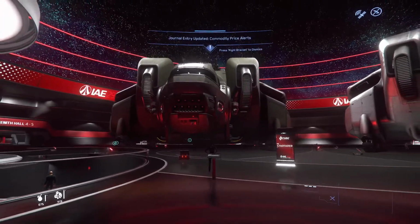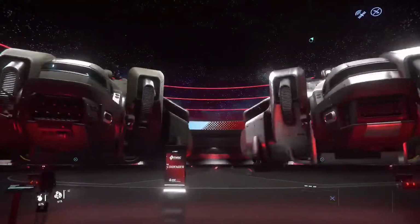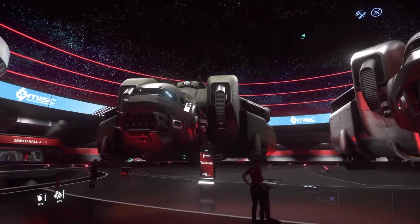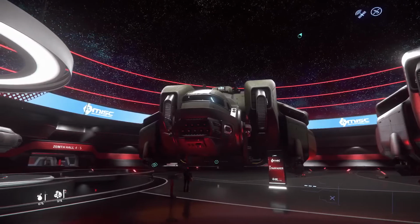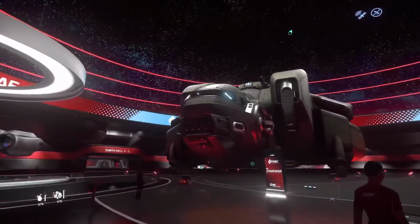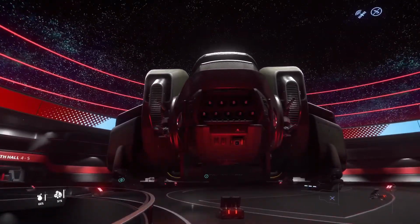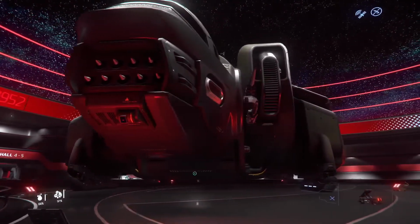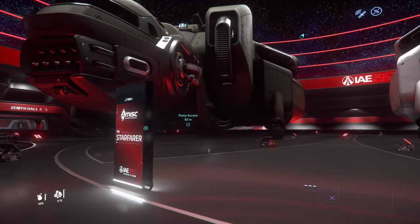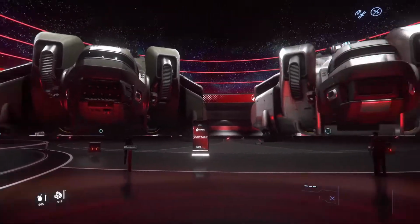I would pick up either the Starfarer Gemini or the Starfarer base, because in reality, they can fight. They have pretty big size weapons on the top. I think size 4, size 5s up top, maybe even size 6s. Weapons on the sides as well, not just on the top. The Gemini has missile racks, a missile rack in the front, and with that, you've got a pretty good ship that can earn